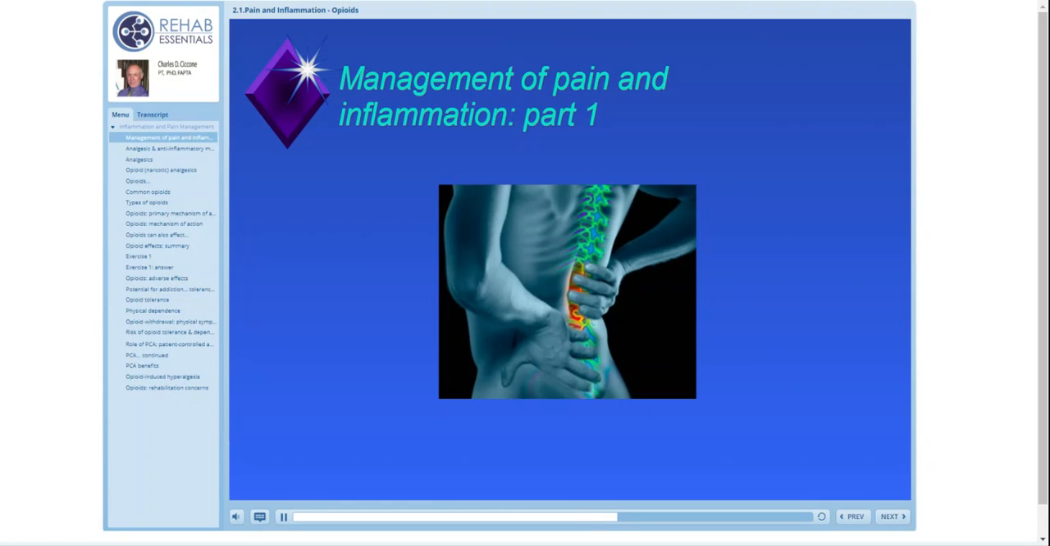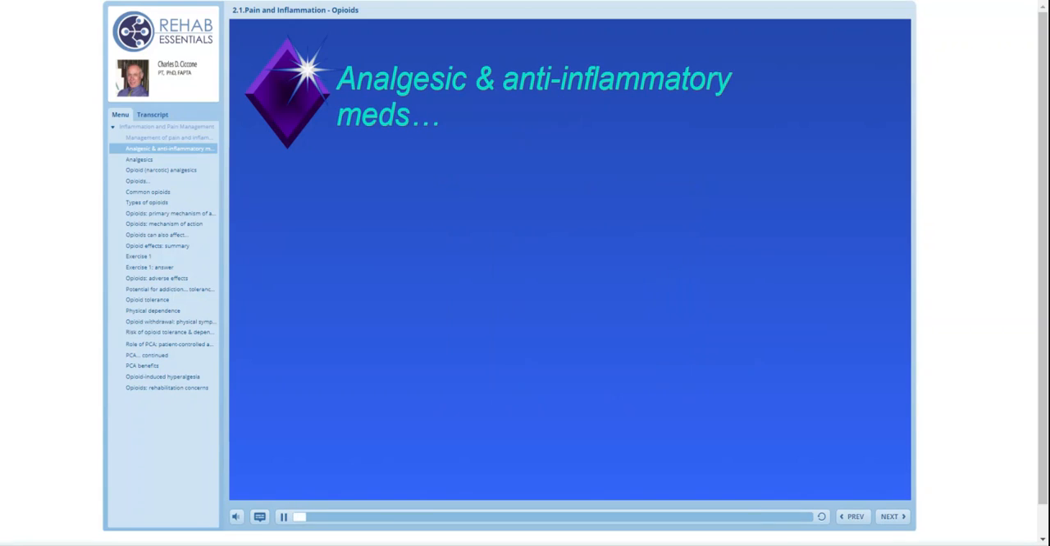At the same time the drugs are trying to treat these problems, our interventions, physical agents, manual therapies, exercise techniques are also trying to decrease pain and inflammation. So clearly an area where physical therapy and drug therapy are closely linked. So we're talking about two different problems: pain, which is treated by the analgesic meds, and inflammation, which is treated